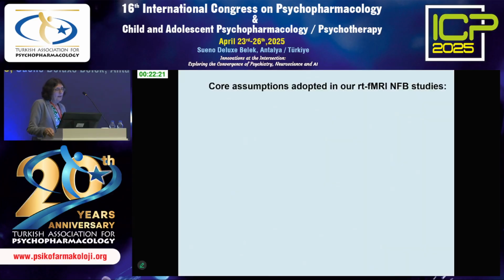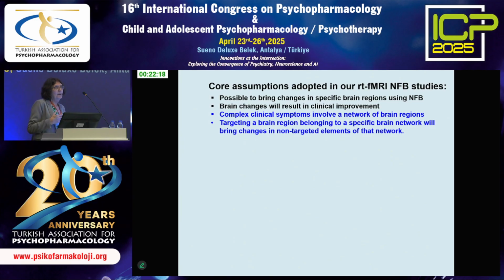So our core assumptions in our studies that we kind of relied on are that, first of all, it is possible to bring brain-specific changes using neurofeedback, that these changes are going to result in clinical improvement. Furthermore, we believe that complex clinical symptoms are going to, in fact, involve a brain network rather than just one